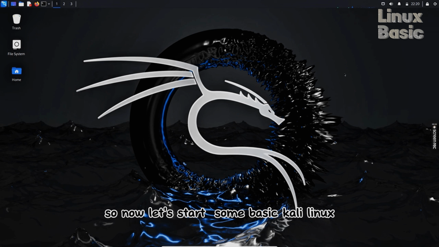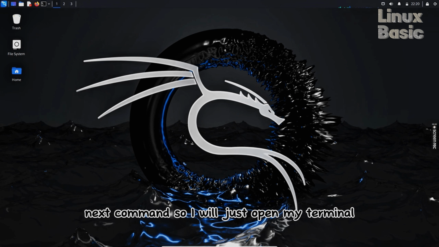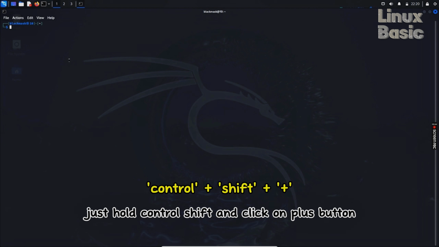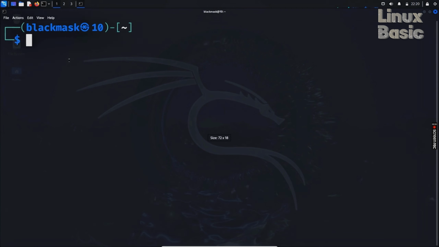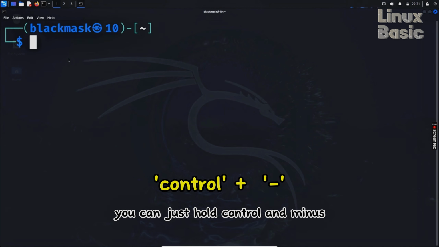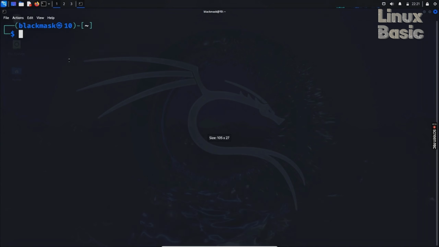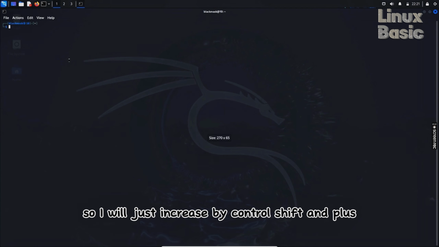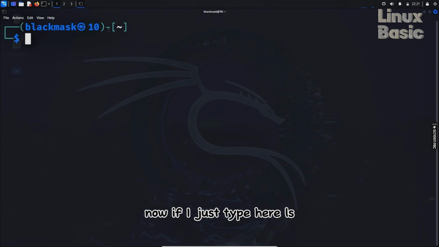So now let's talk about some basic Kali Linux commands. I will just open my terminal, and for zooming in and zooming out, I have a shortcut. Just hold Ctrl Shift and click on the plus button. It will increase the size of our terminal, and for decreasing the size you can just hold Ctrl and minus. It will decrease your terminal size. I will just increase by Ctrl Shift and plus. Now if I just type here ls,